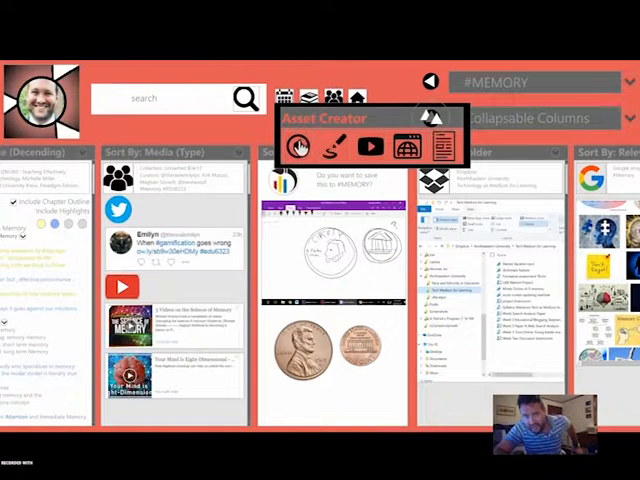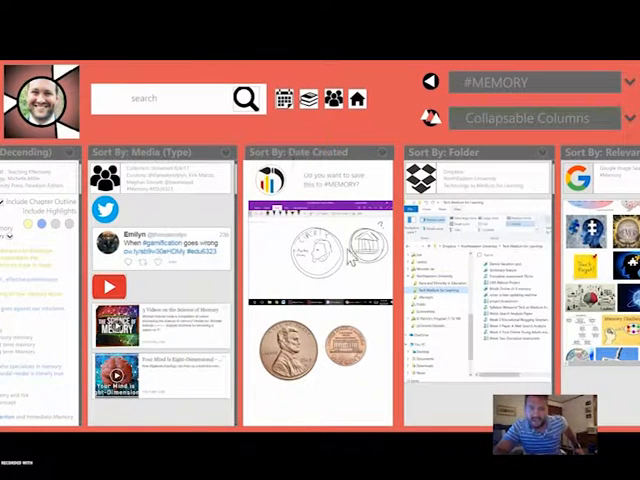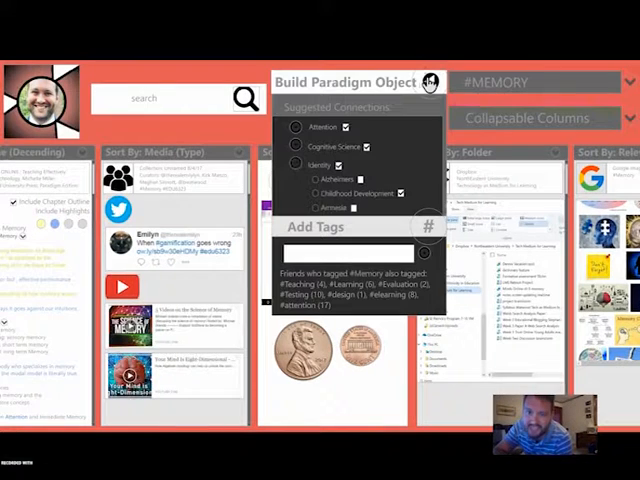This is the asset creator, so if I wanted to do a video recording, or if I wanted to make an animation, I could post something to YouTube, or I could create a web page or a document. These are options that I can add last minute to the object that I'm going to create. And then over here, this is where I build a paradigm object. So building an object basically means I'm creating a central node for all of these assets that Paradigm is going